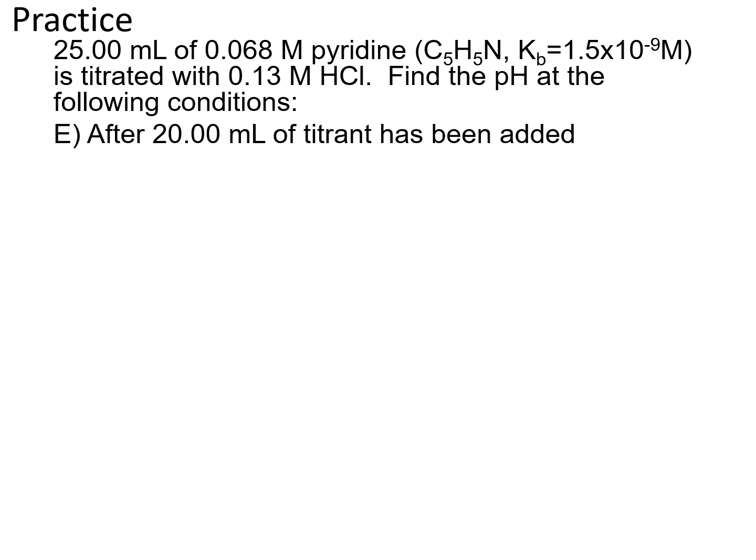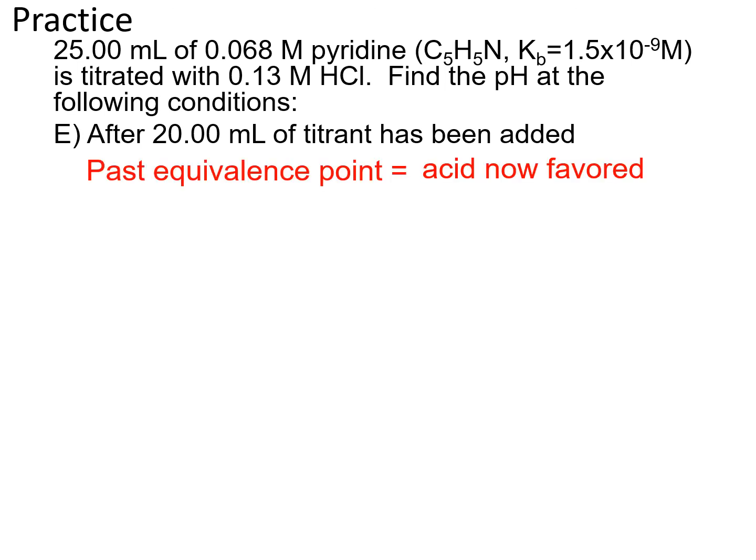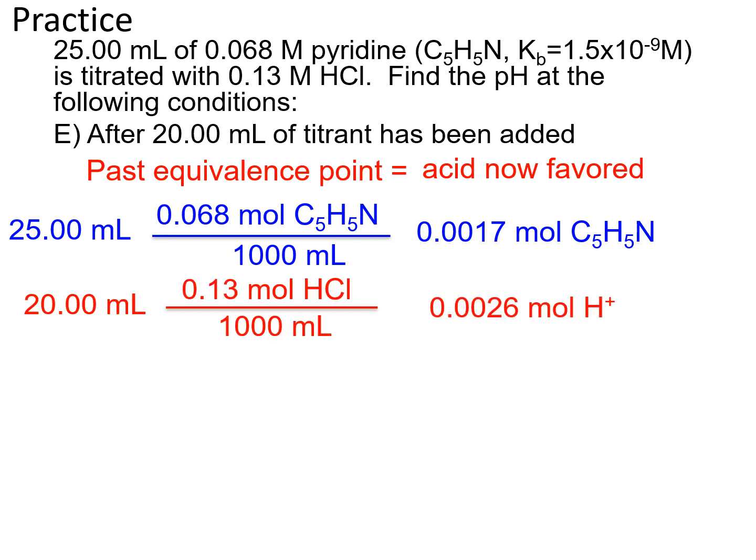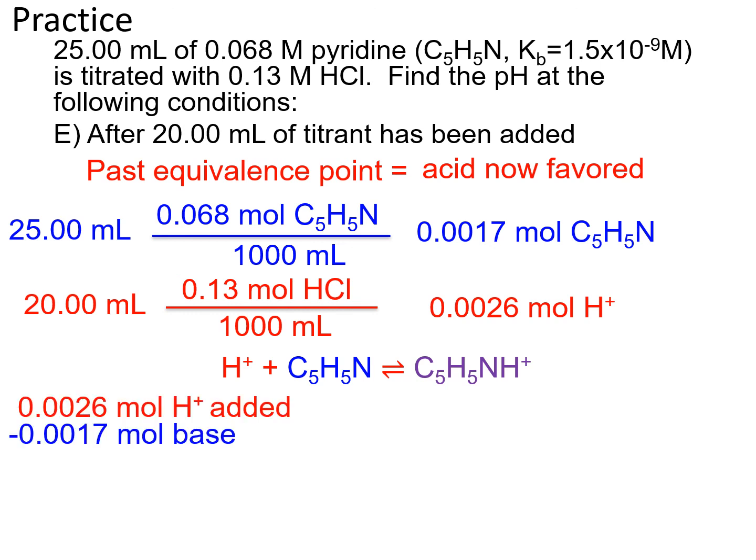Now I'm adding 20 milliliters. Again, you can see that based off the concentration, I'm going to have an excess of acid. So I'll still go ahead and use my molarity of pyridine and my volume to get how many moles, the same number we've had for the previous parts of the question. I then will figure out how many moles of acid I've actually added. At this point, you can verify that we have more acid than base. So in this case, I'm going to use up all of my pyridine. How much hydronium I'll have left, or how much acid I'll have left, will be